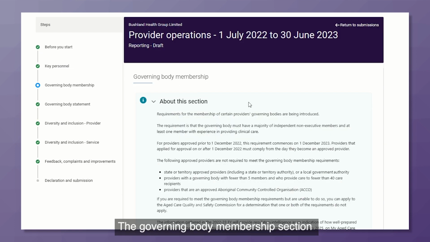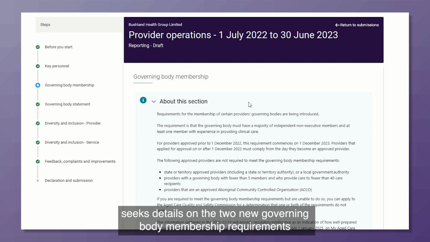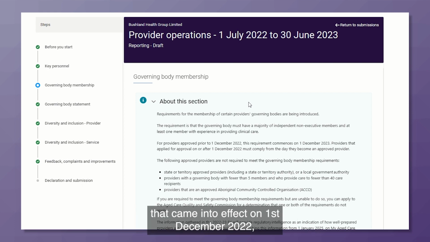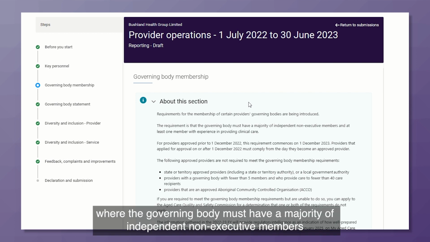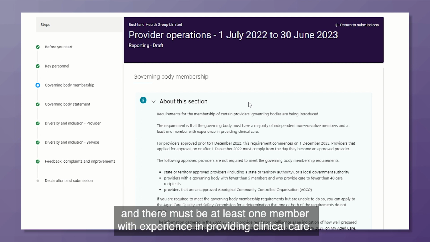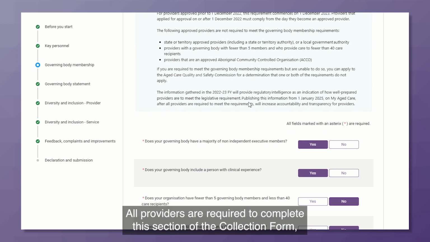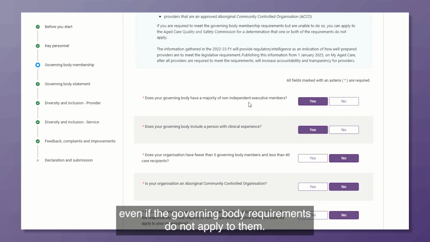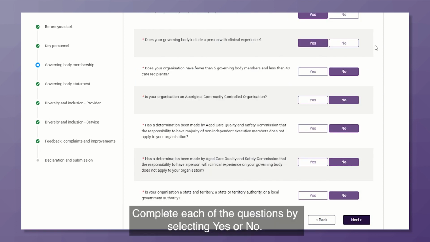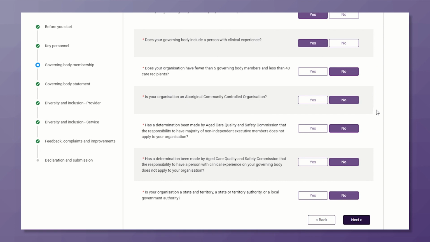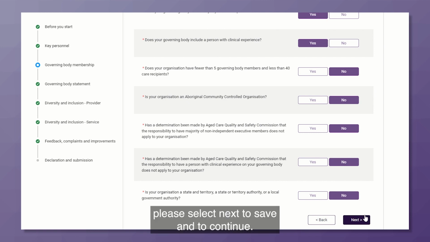The Governing Body Membership section seeks details on the 2 new Governing Body membership requirements that came into effect on 1 December 2022, where the governing body must have a majority of independent non-executive members and there must be at least 1 member with experience in providing clinical care. All providers are required to complete this section of the collection form, even if the governing body requirements do not apply to them. Complete each of the questions by selecting Yes or No, and then once complete, please select Next